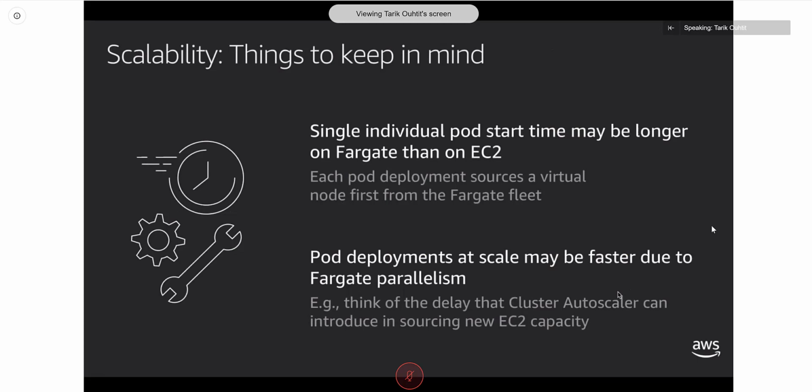So you saw that when I started a pod, the start time was a bit longer on Fargate than EC2. You saw that 60 to 90 seconds in my demo there. I've seen it as low as 30, etc. It does vary a bit. But it's worth bearing in mind that if you're scaling up by a lot, this may still be quicker because those containers will all start at once. It happens in parallel. If you compare that to the way that cluster autoscaler on EC2 would work, that would request some capacity, fill it up, request some capacity, fill it up. It actually means you can scale up faster in a lot of cases by using Fargate.